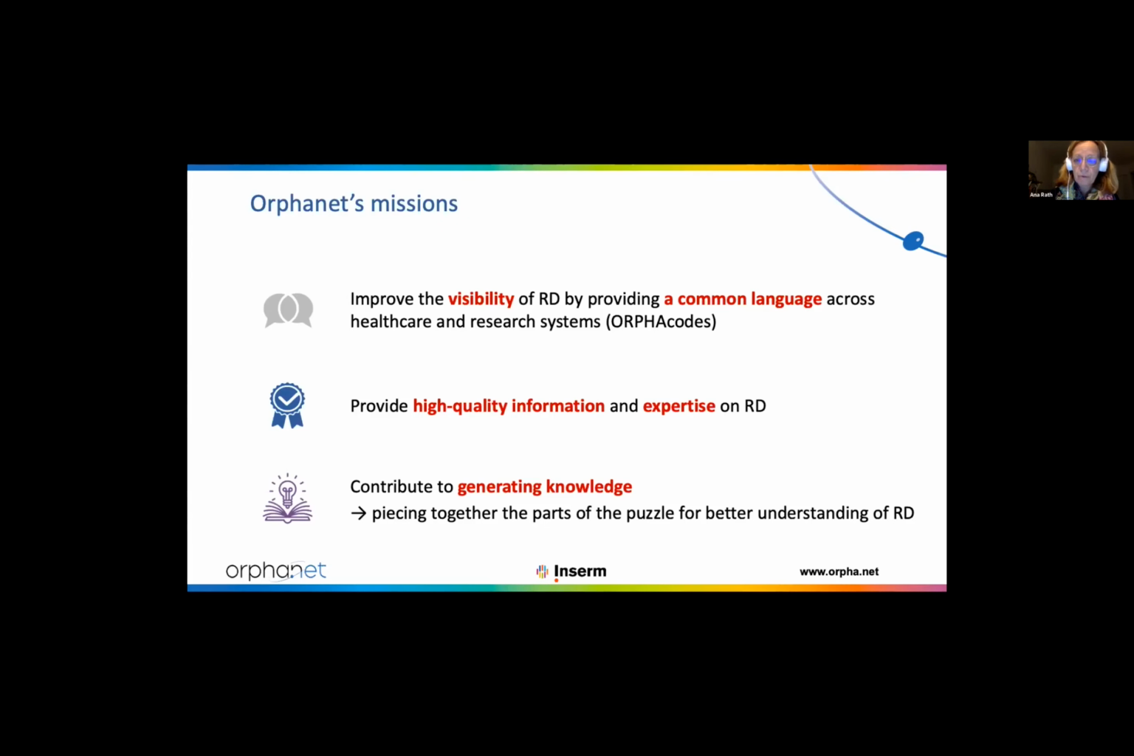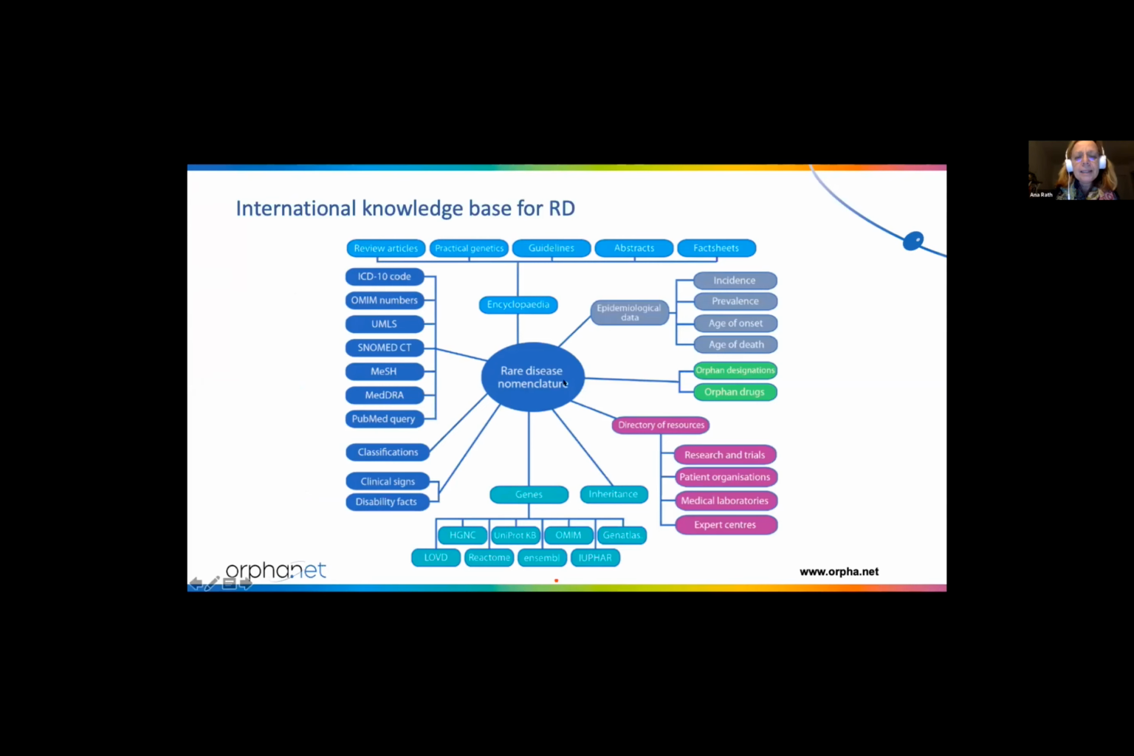And those are the ORPHA codes. I will introduce them in more detail later on. Provide high quality information and also information on where experts and services are for rare diseases, and contribute to the generation of knowledge by putting together all the data about rare diseases in a knowledge base that is centered